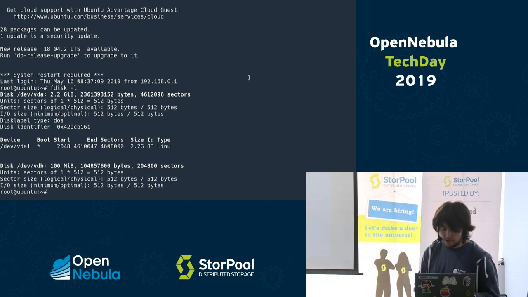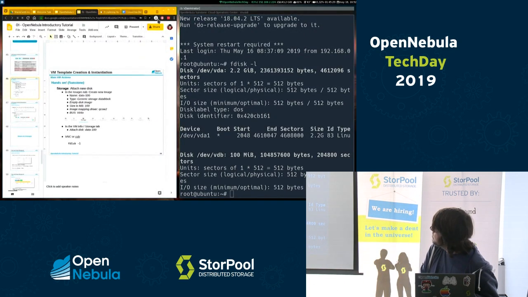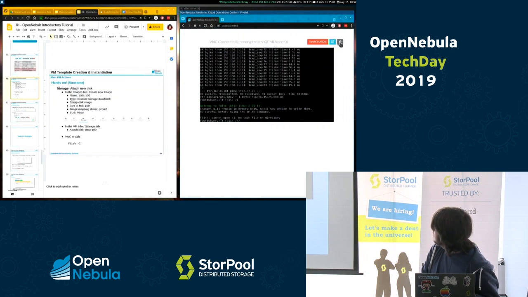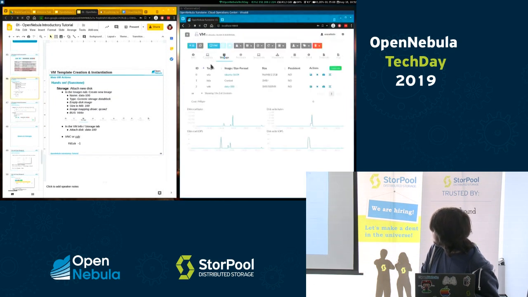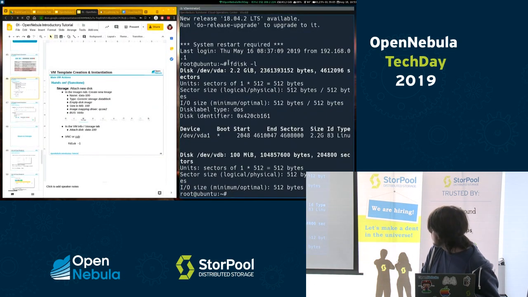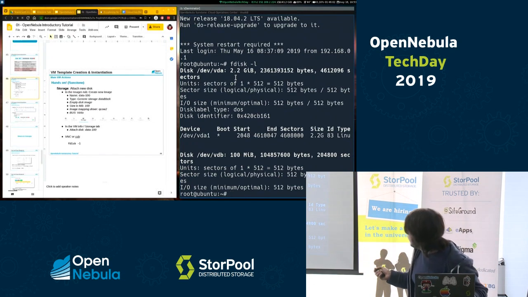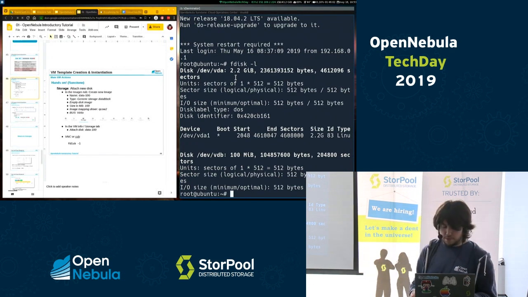Maybe I chose the wrong VM. Let me check it. VM0. I don't see it. This is the OS image, but I can see it in the other. Maybe we can use